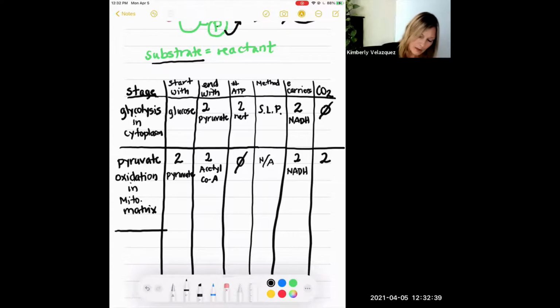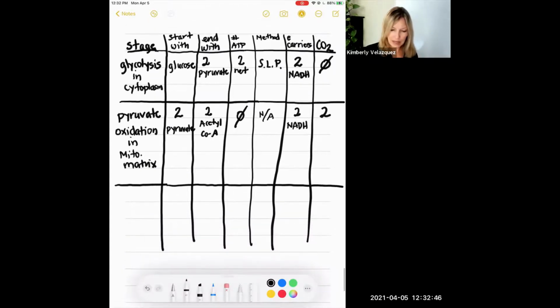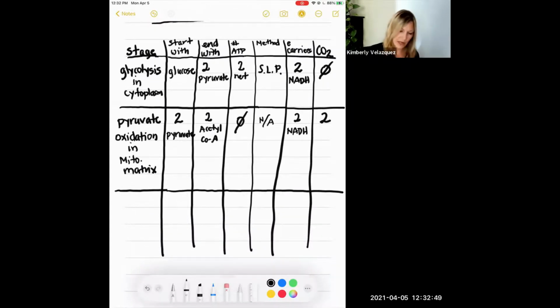And now we go into the citric acid cycle, which also happens in the mitochondrial matrix. So oxygen is required. So citric acid cycle in the mito matrix. Start with 2 acetyl-CoA. End with